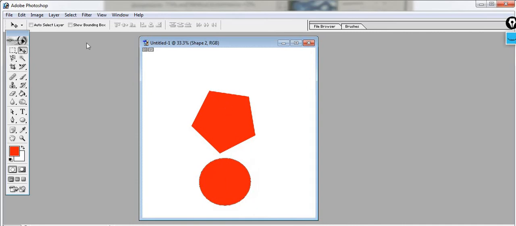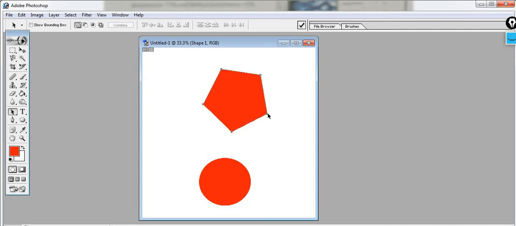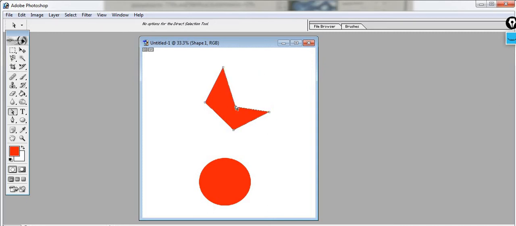Now what is the use of this path selection tool? So using path selection tool, and after selecting path selection tool, using control key, you can change its path, right? Like this. See, you can change the path of the figure.